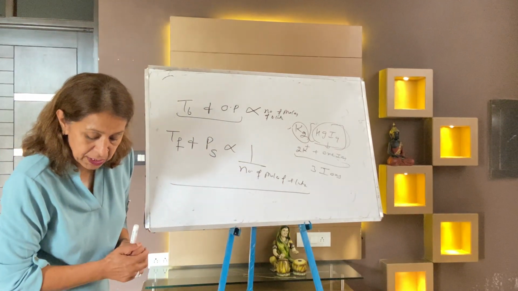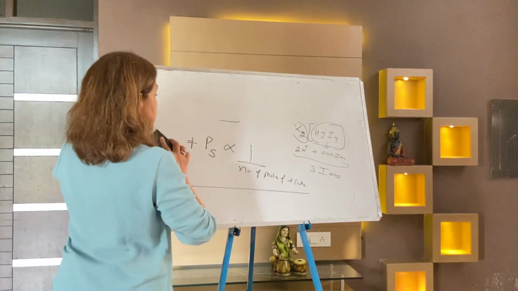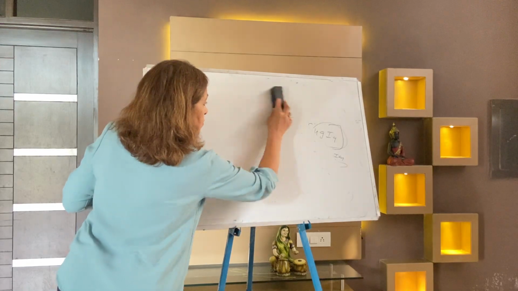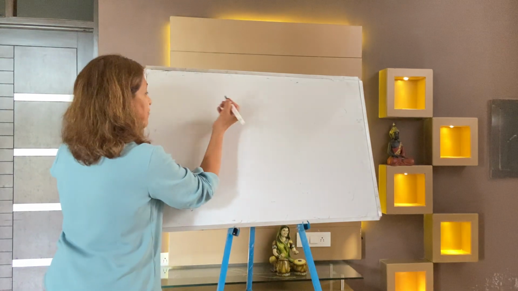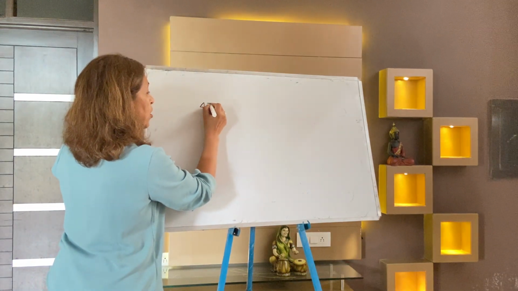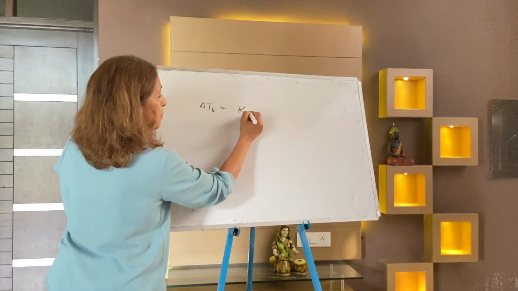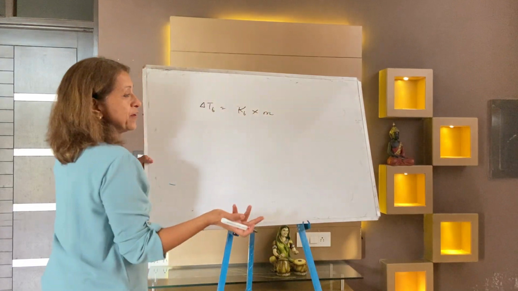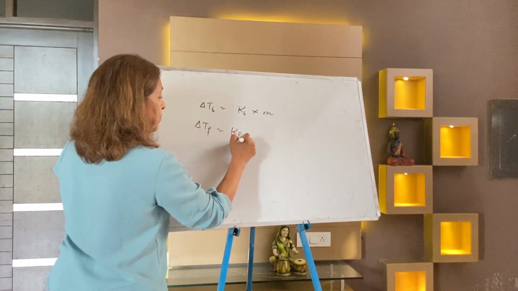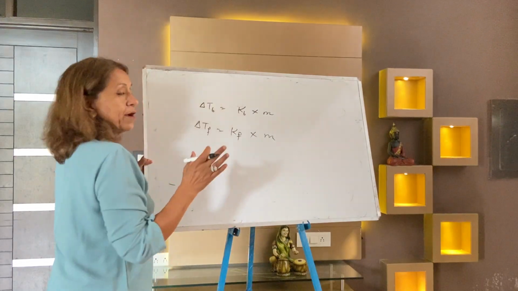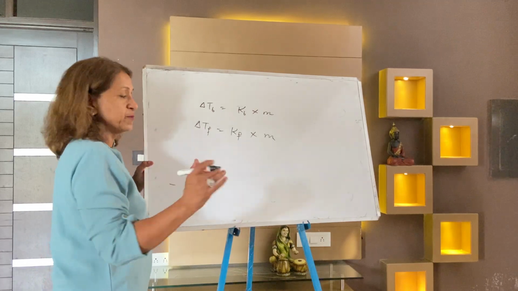Now I am going to write some of the formulas related to the topic colligative properties. Whenever you want to calculate delta TB, the formula is delta TB is equal to KB into m, and molality, you know, is the mass of solute. Delta TF is equal to KF into m. Write down the formulas. We will take all these formulas during solving MCQs. This time I am giving you just simple tips.